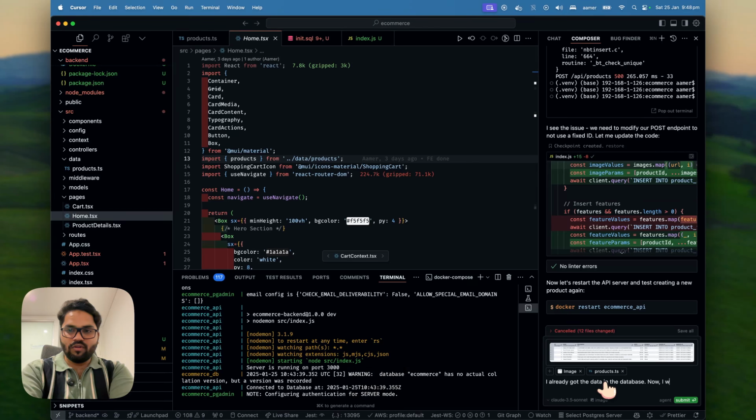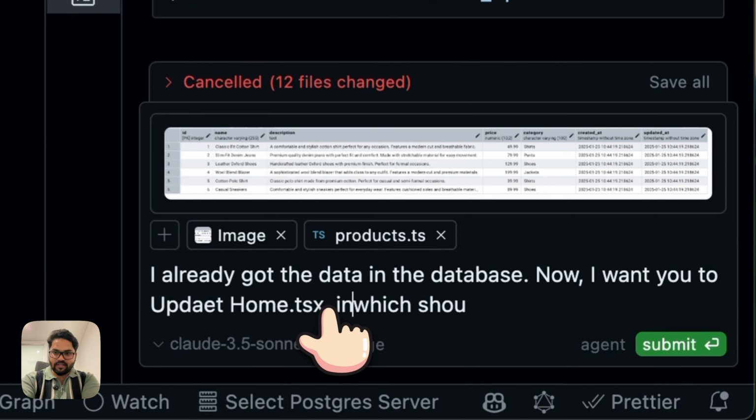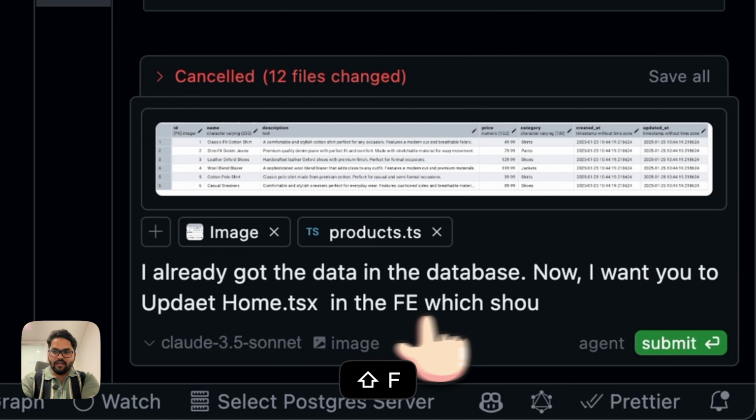Now I want you to update home.tsx in the front end, which should